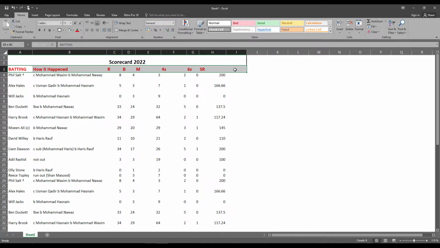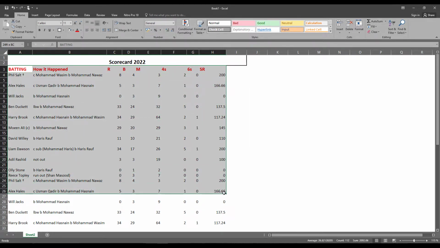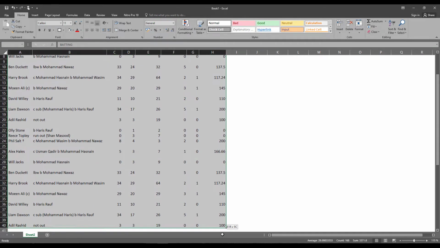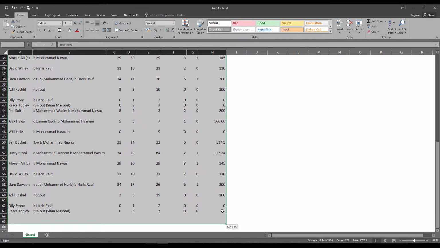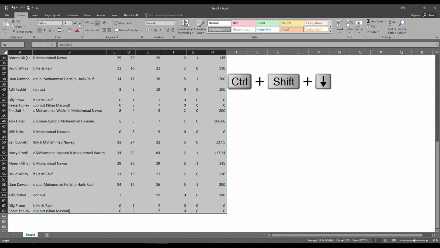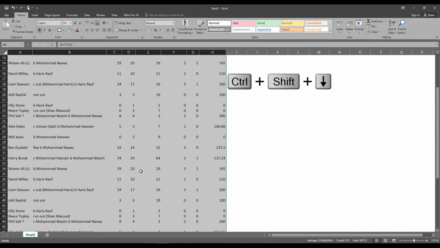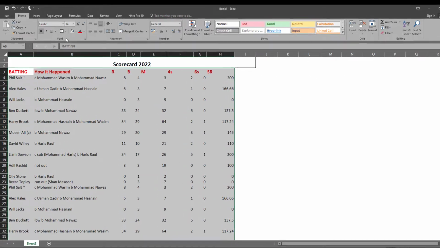So a shortcut to do this is, first, we are going to highlight our entire data set all the way down to the bottom of our data, and once we scroll down, I'm using Ctrl+Shift and my arrow keys to get us to the bottom of that data set, and next, on our Home ribbon, we're going to navigate